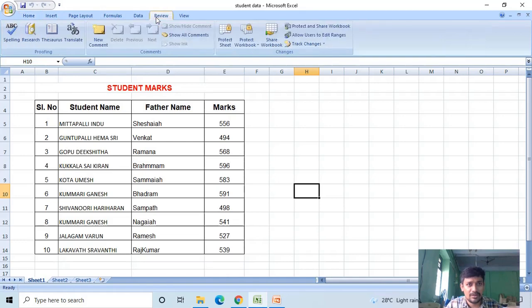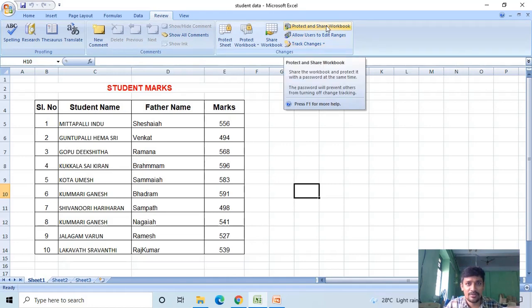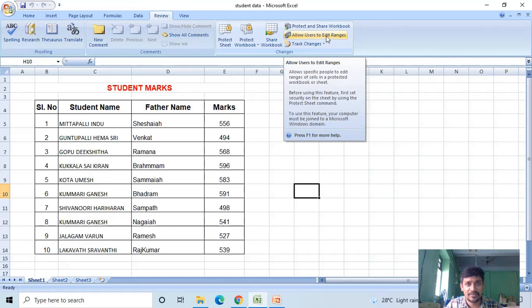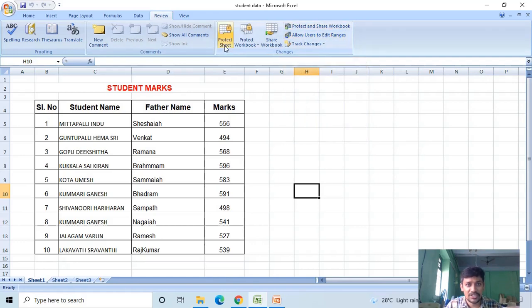Click on the Review tab. On the Review ribbon, you will find Protect and Share Workbook: Allow Users to Edit Ranges, Protect Sheet, Protect Workbook, Share Workbook.